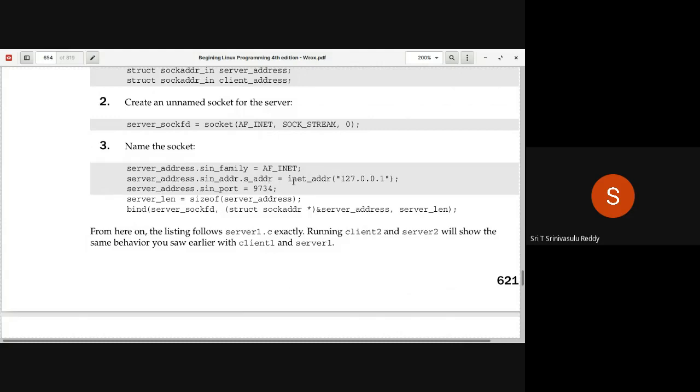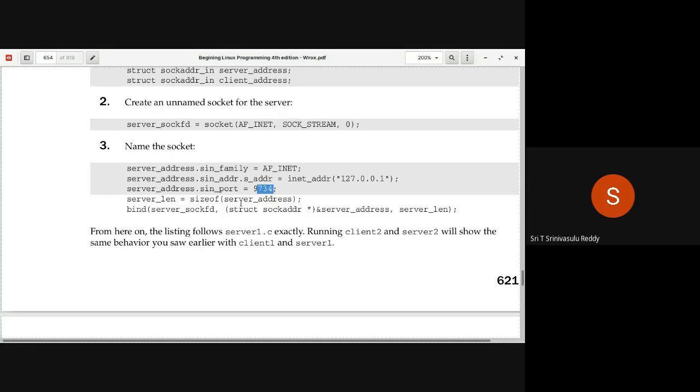That is the actual integer value. So inet_addr is going to convert the dotted decimal notation in the form of a string back into an integer value, inet_addr of this entire thing. And then the port number. The lengths of the structures differ for different address formats.